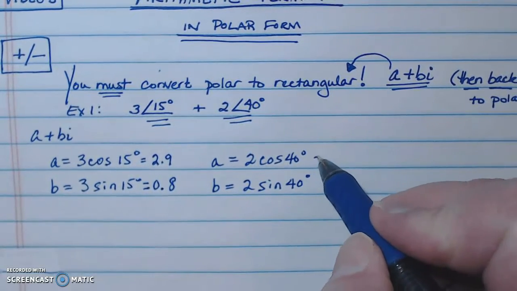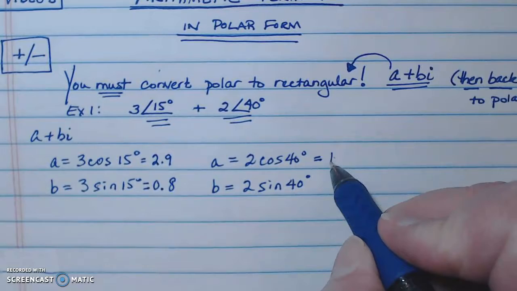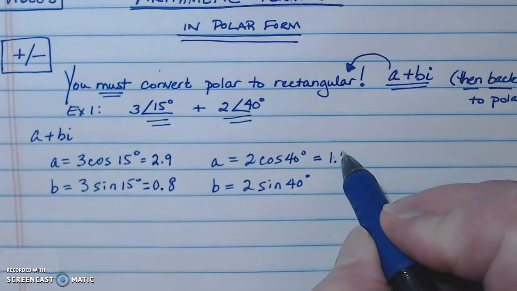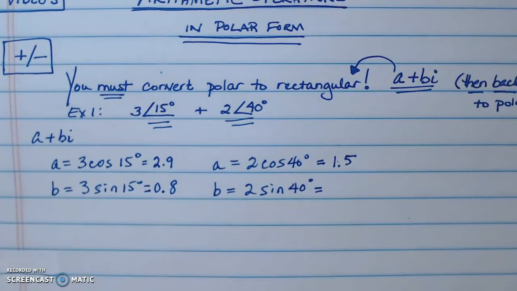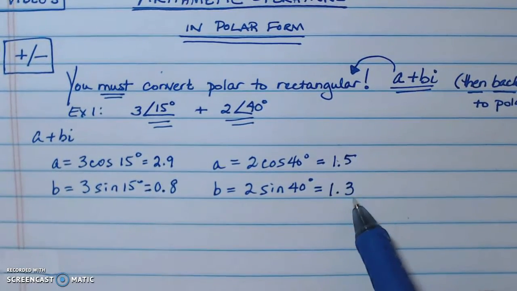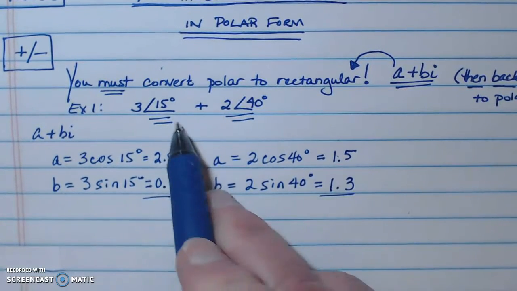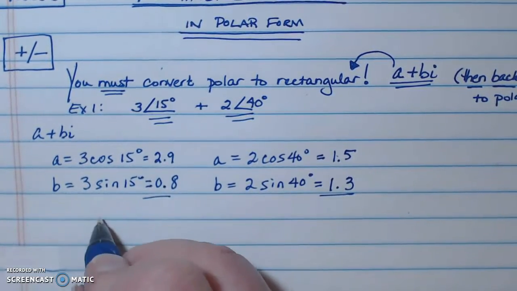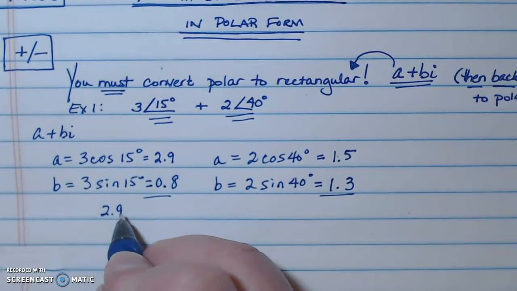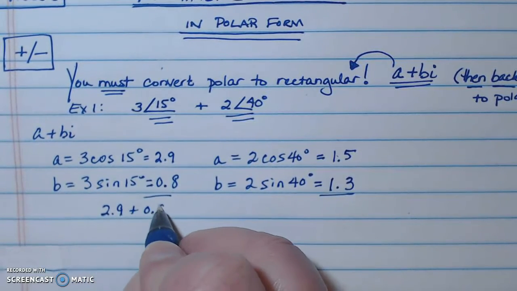For 2 cosine 40, I get 1.5, and for the b value, I get 1.3. So putting these together as rectangular form, I get 2.9 plus 0.8